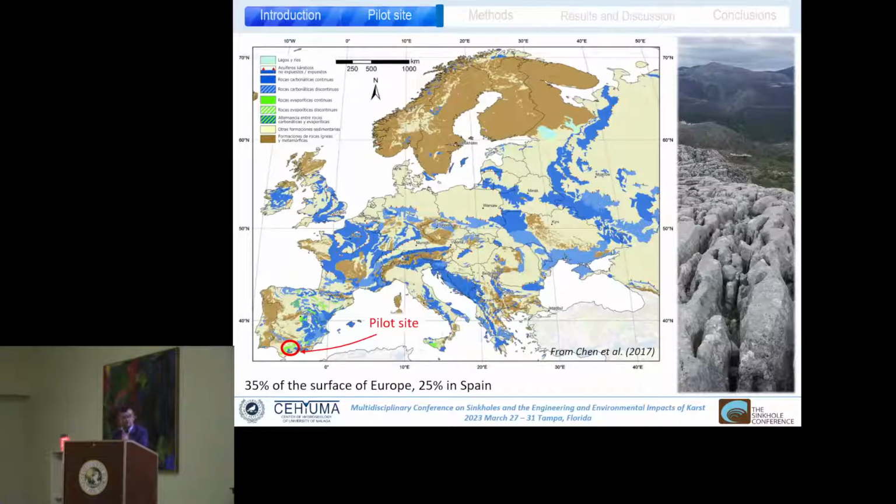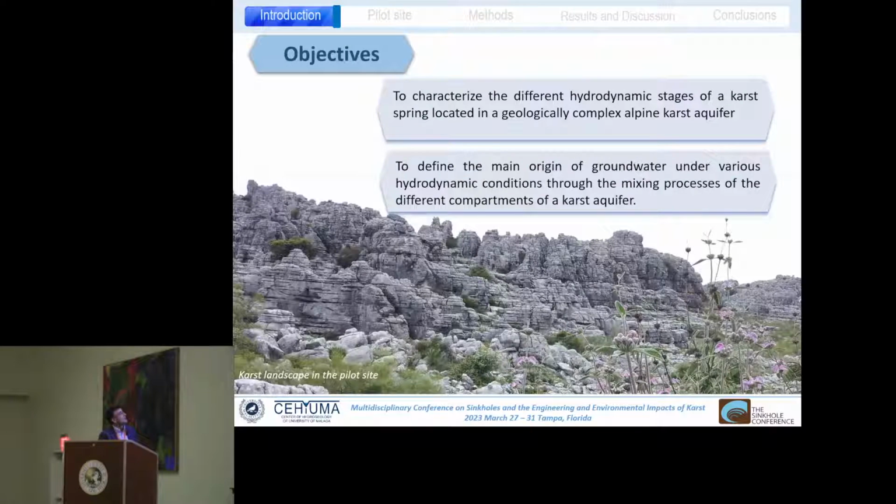Well, in Europe, around 1/3 of the land surface is karst, mostly limestone and dolostone, but also evaporite rocks. And in Spain, about 1/4 of the territory is really karst, predominantly,